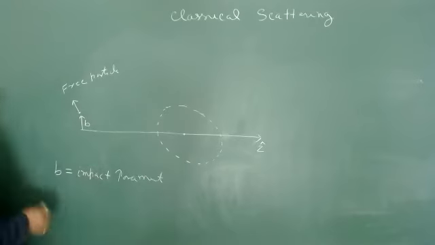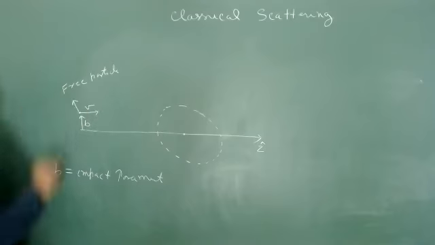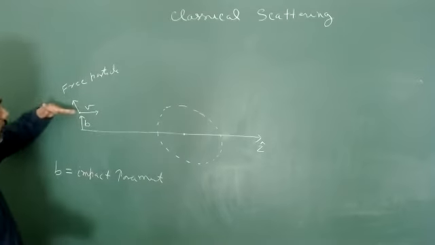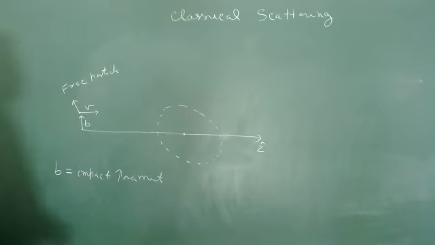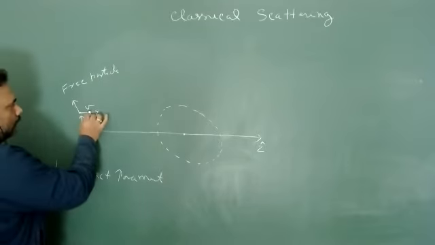Okay, and what is the direction of v? That is exactly perpendicular to b. This is your direction of v. So you are just sending the particle exactly perpendicular to this particular b. Now what will happen? The particle will come here